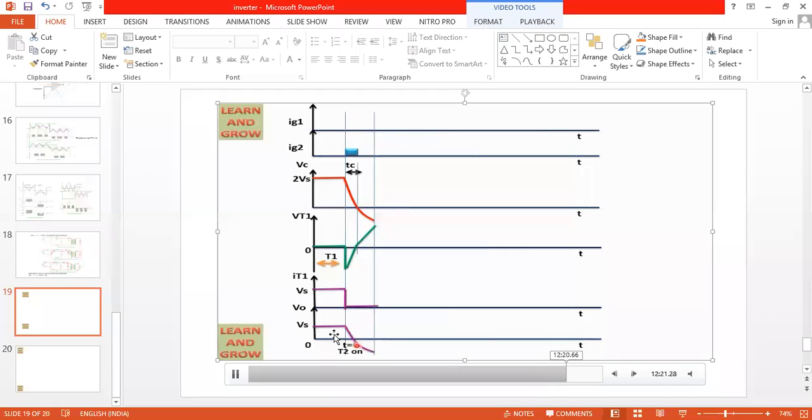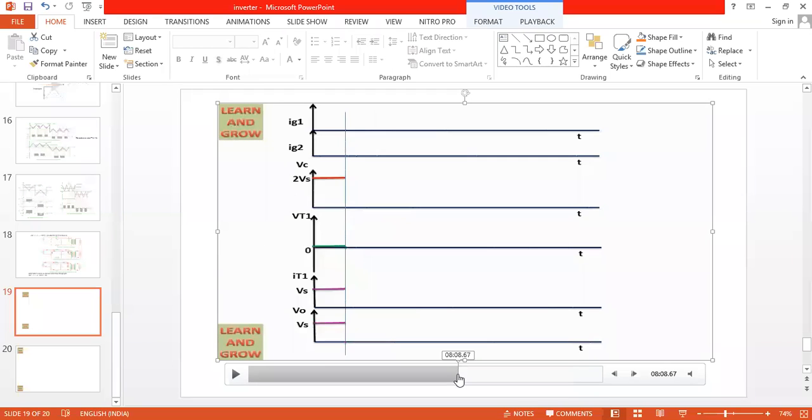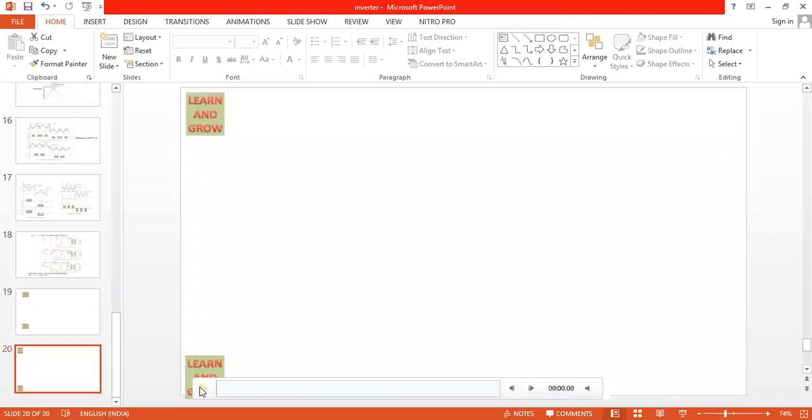Now you can see the source voltage exactly follows the capacitor voltage. What are the voltages available across the capacitor? It is available across the source voltage, that is the load voltage, V0 or Vs. Now, the capacitor discharges to minus 2 Vs and it remains constant for a short period of time. Up to this point you remember mode 1 and mode 2. Now we continue here. Mode 2 everybody has understood, I hope, what we have discussed. Now let us move to the next stage, a continuation of this one.